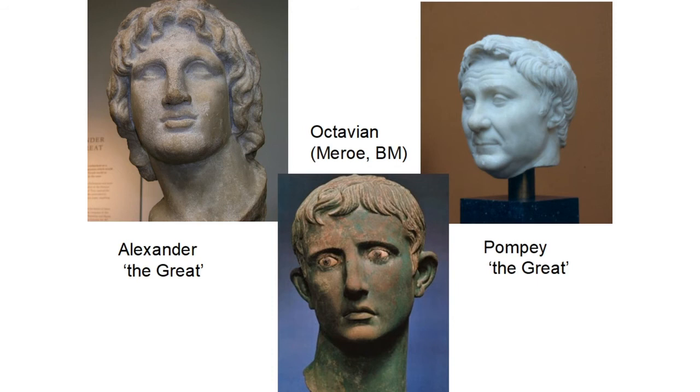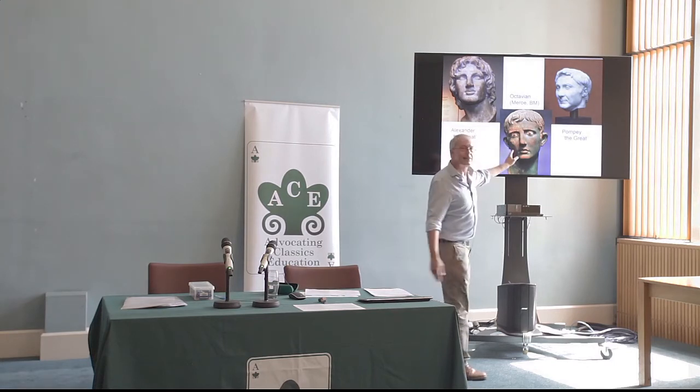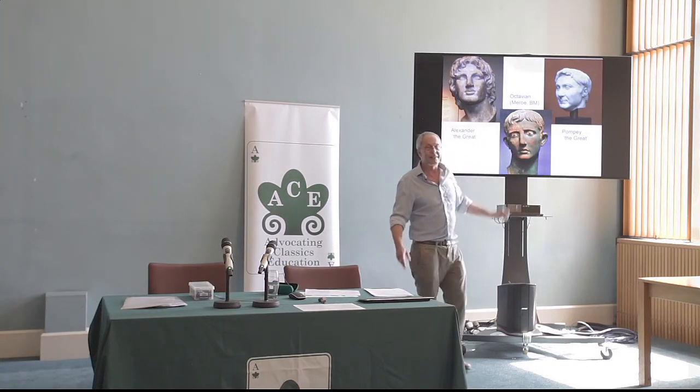He was the most handsome man in Rome of his day, apparently. Right? What this means, in the Republic, you always portrayed yourself as ugly. Roman leaders were wrinkled, ugly, and so on. That was they're brutes. That's what Romans are like. This is an idealized Hellenistic monarch-type portrait, okay?